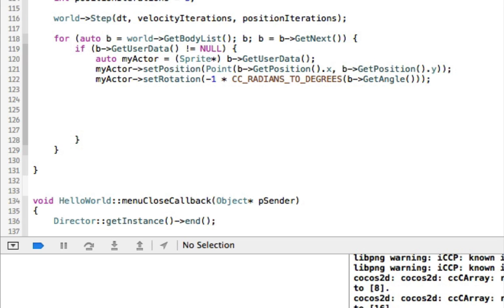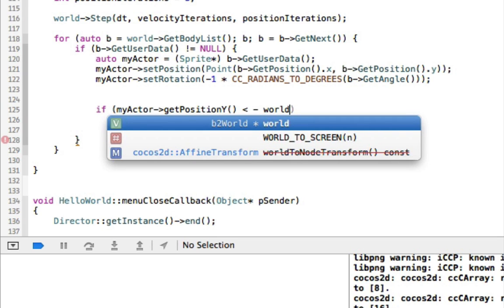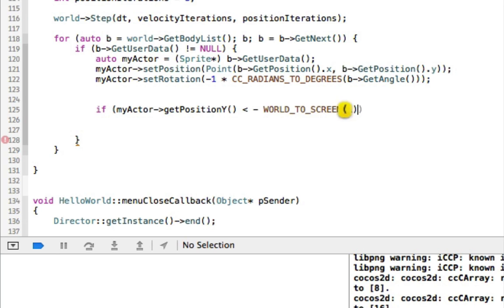Another thing I would like to do is I would like to remove the sprite and the physics body if it goes off the screen. So I just need an if statement, and I want to do this after I've updated the position. I want to get the position y and say if the position is less than, let's not say 0, because if we say 0, the sprite's going to disappear when it's halfway off the screen and it's going to look strange. Let's wait till it gets a full meter off the screen. So I'll say less than negative world to screen 1, so 1 meter. So if it's less than -1 on the y-axis,